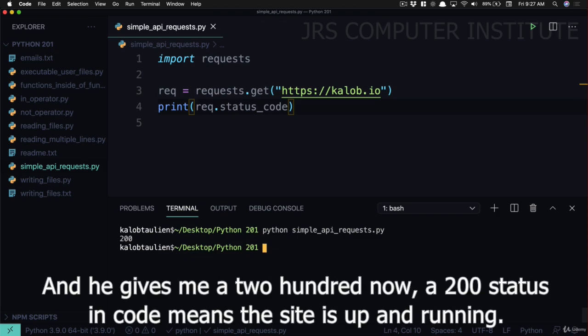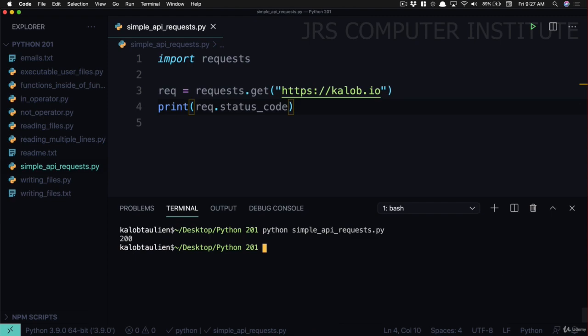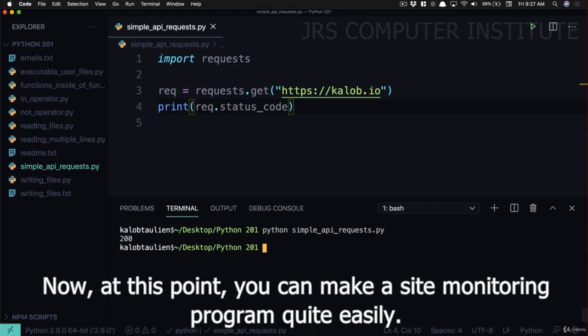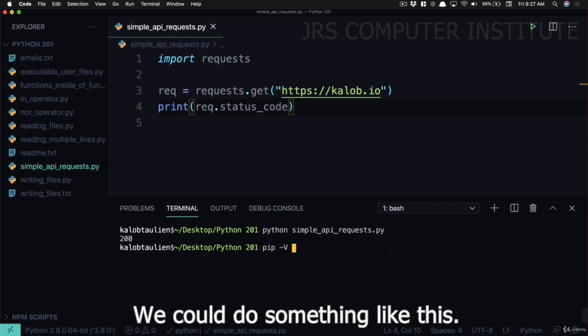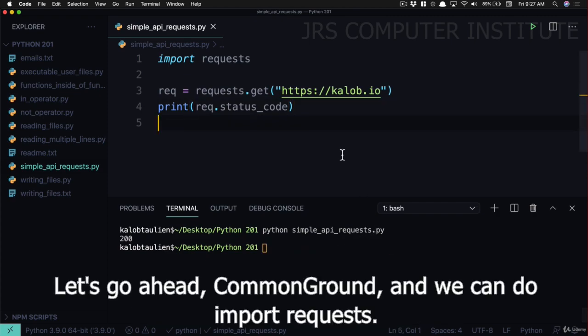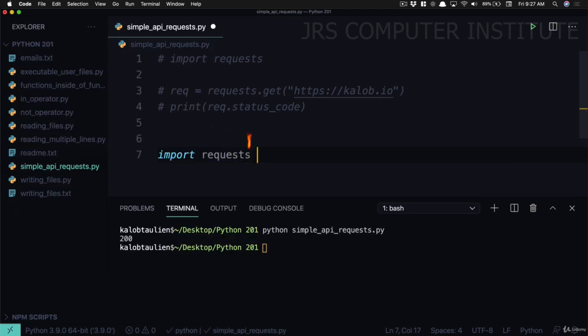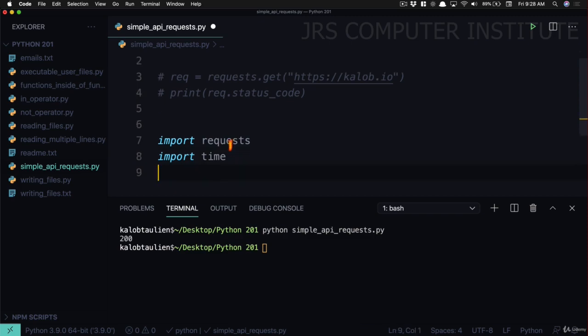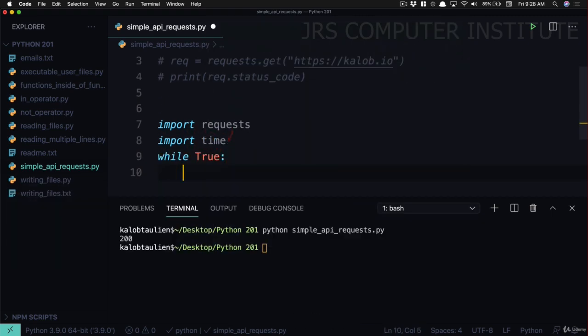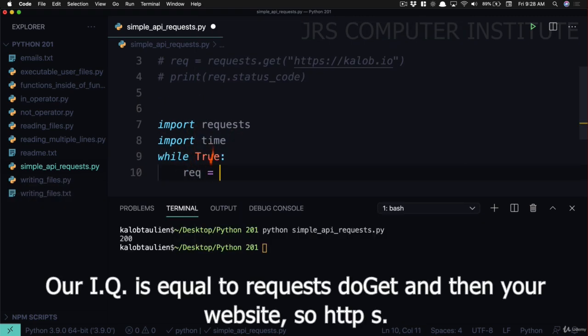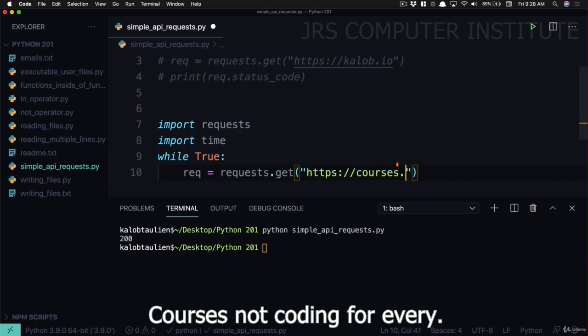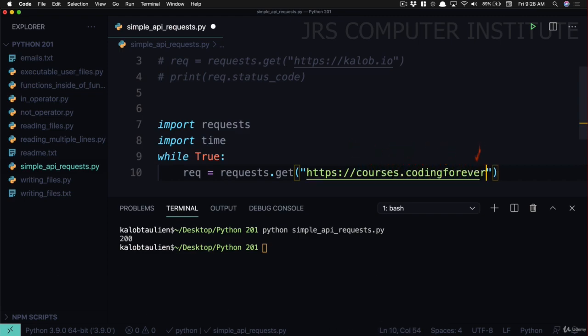Now a 200 status in HTTP codes means the site is up and running. Now at this point you can make a site monitoring program quite easily. We could do something like this. Let's go ahead, comment that out, and we can do import requests, import time, while True, req is equal to requests.get, and then your website, so https://courses.codingforeverybody.com,